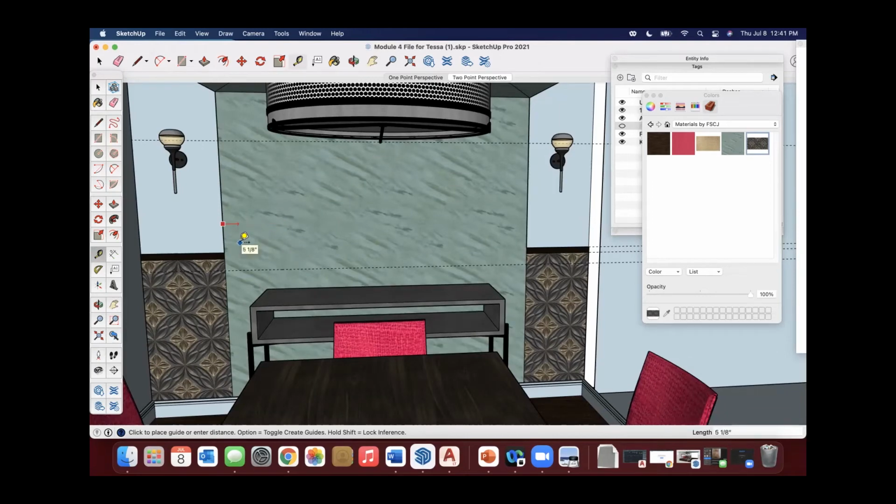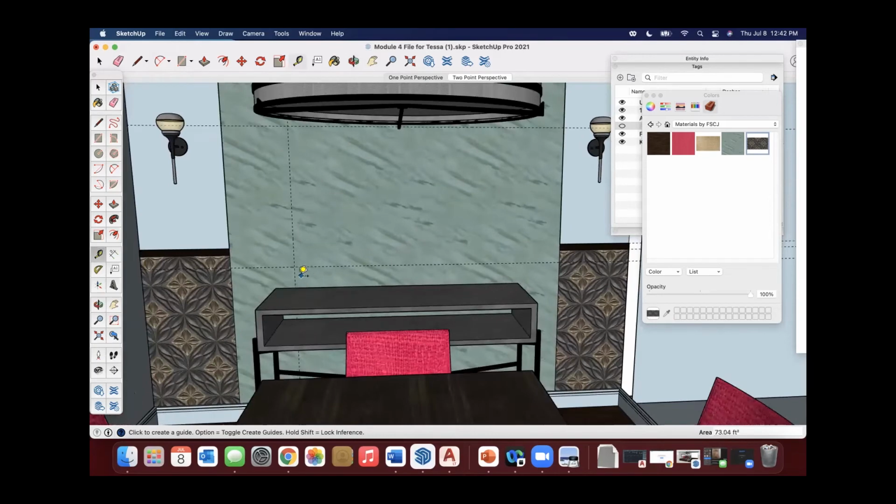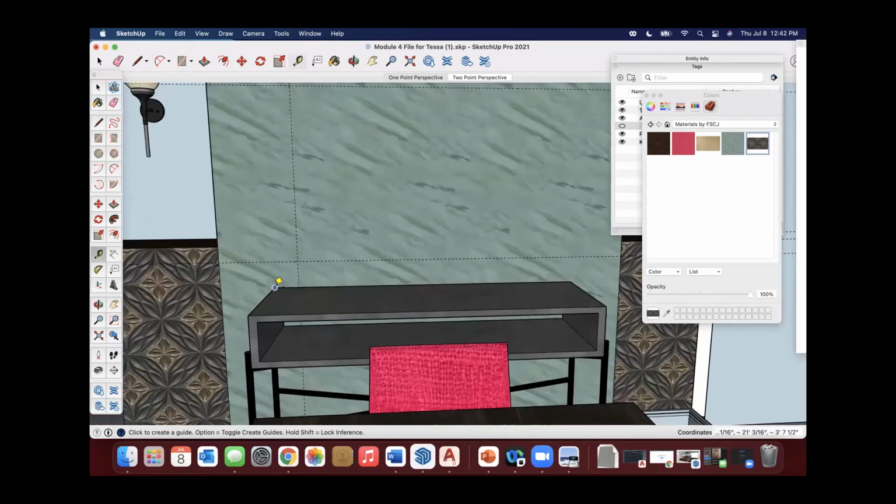We don't want it to be bigger than the console. We don't typically want it to be the same size. We normally want a little bit of breathing room thinking about our proportions. And obviously, if we were picking the art, we would potentially already have default sizes that the artist has given us. But now I'm just going to do the same thing. So how far did I go there? 6 inches.